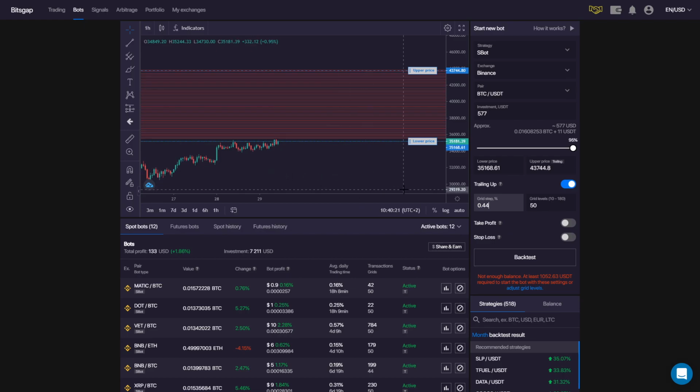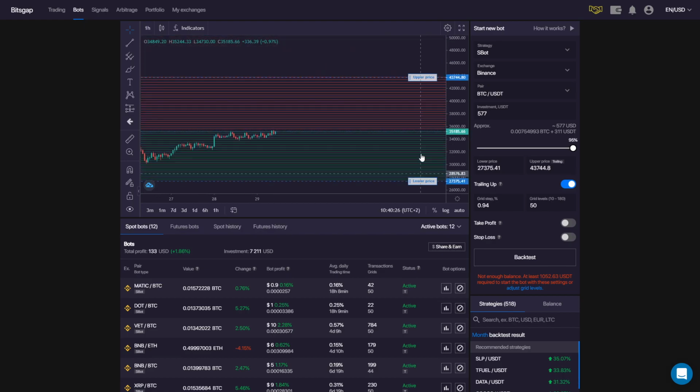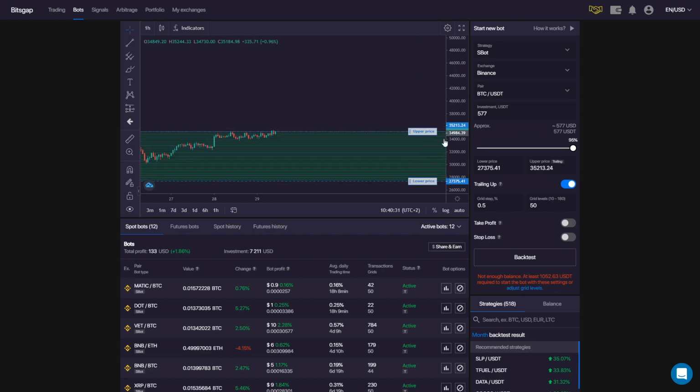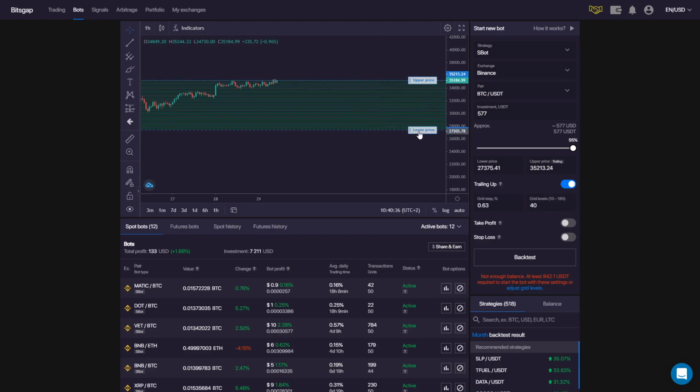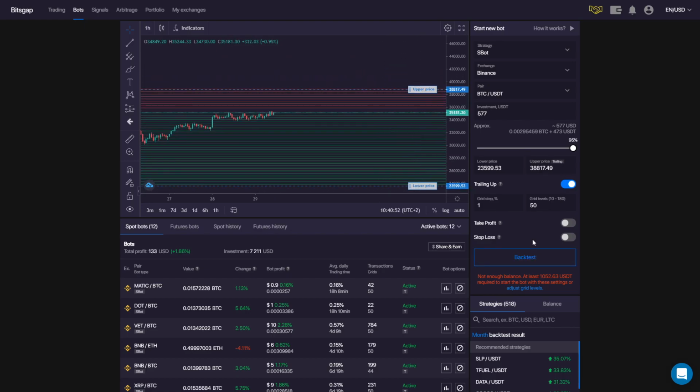Now for my medium term setups. My start setup is very similar. I bring my upper line down to my current price. I also put in 40 grids, but now I'll move my lower price down until it's on 1%. So I'm widening my range. Then I'll put my grids back to 50 and my upper price I'll move to the 1% mark like here. This is how I set up my mid or medium term.